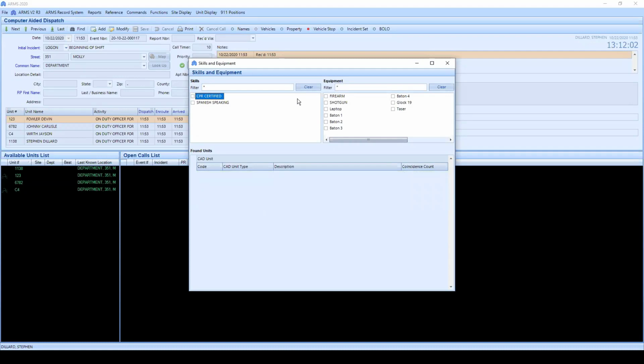Now, same thing with equipment, functions exactly the same way. So if we click on baton 1, for instance, we'll see that Jimmy Donald has baton 1. If we click on this Glock, we'll see that unit 1138 has that Glock 19. And again, these are totally customizable by your administrators,